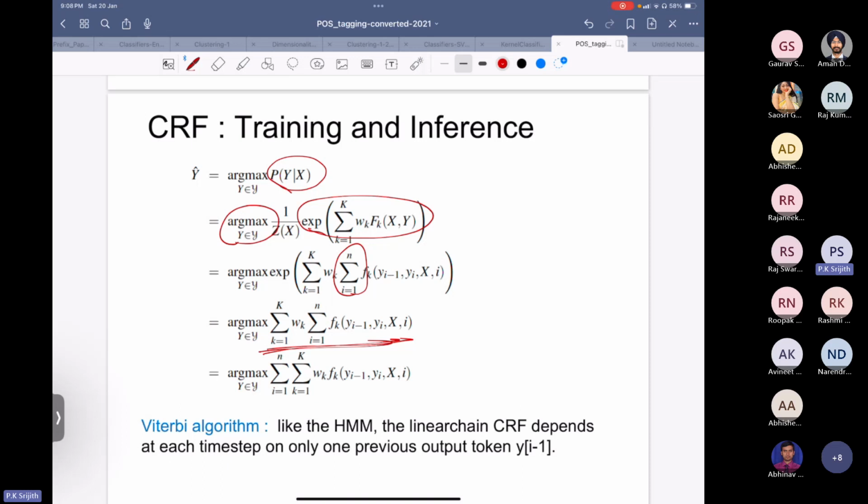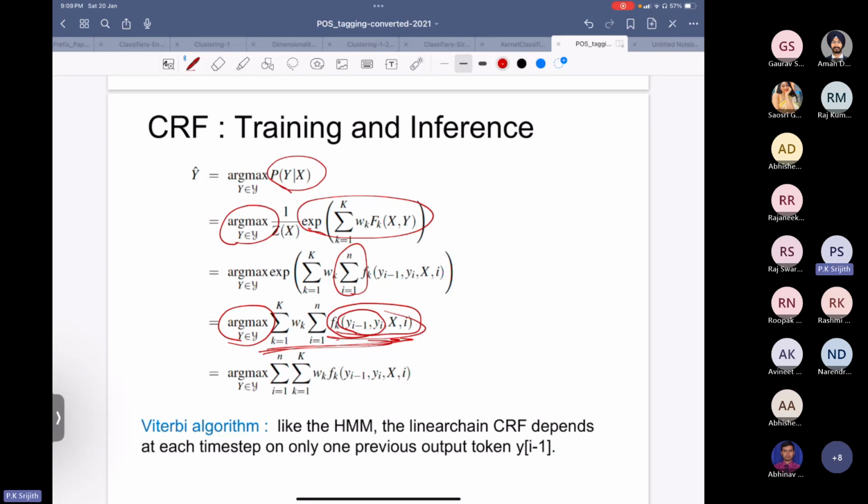because of the way it is structured, the features are formed only out of consecutive pairs of labels. When you want to do this argmax operation, you can use a similar idea to what we have discussed previously, where you bring the max operation inside these summation terms, and you can find this in a very efficient manner. The same ideas that we have discussed hold here, and we can do this inference in an efficient